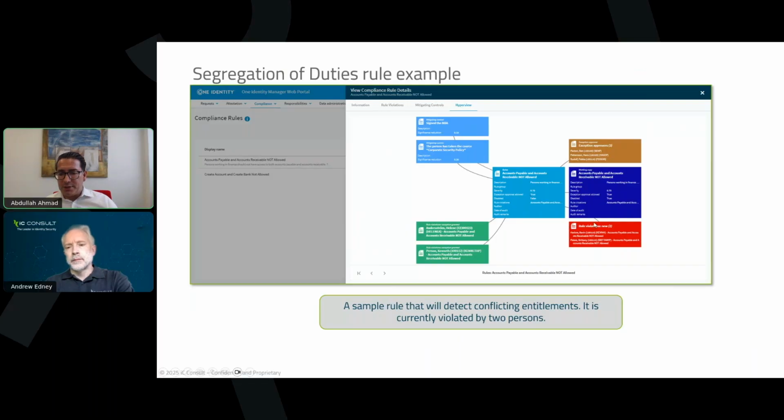Then you see the colleagues who are conflicting or violating against this rule. These are two people, and we see exactly those two people here. And we see on the left side, I think as an example, also two additional people. They are also conflicting or violating against this rule set, but they already have an active exception for that, and therefore you see that these are green.